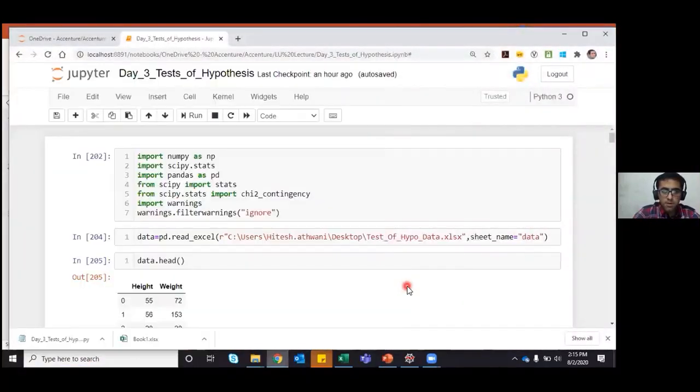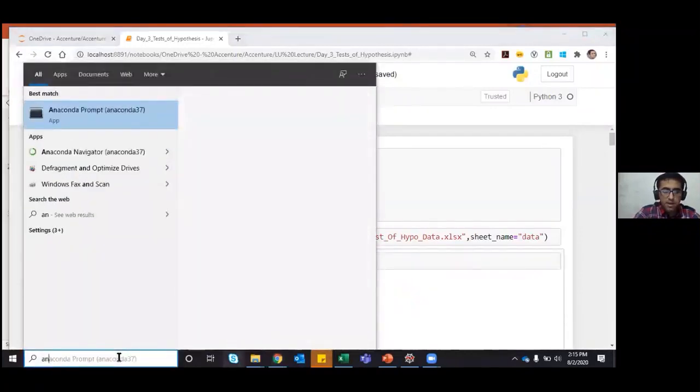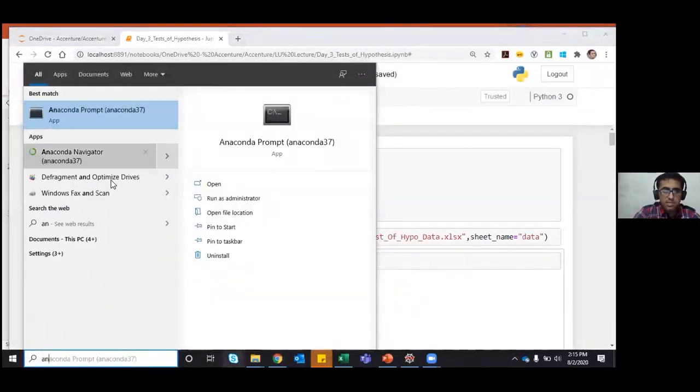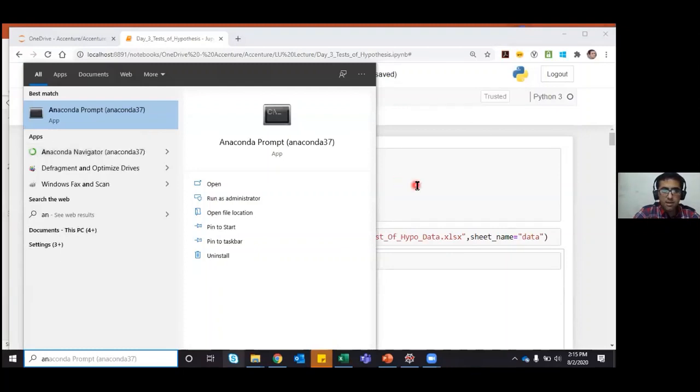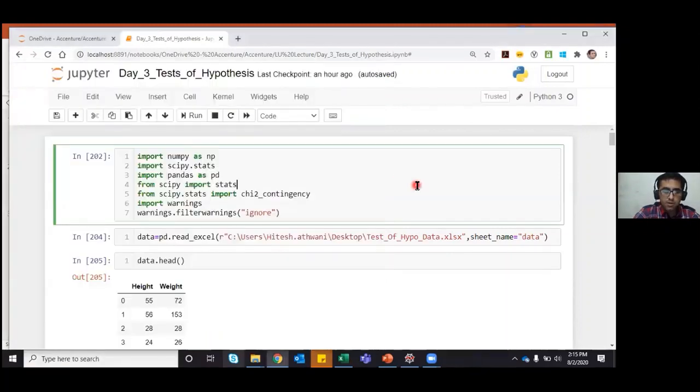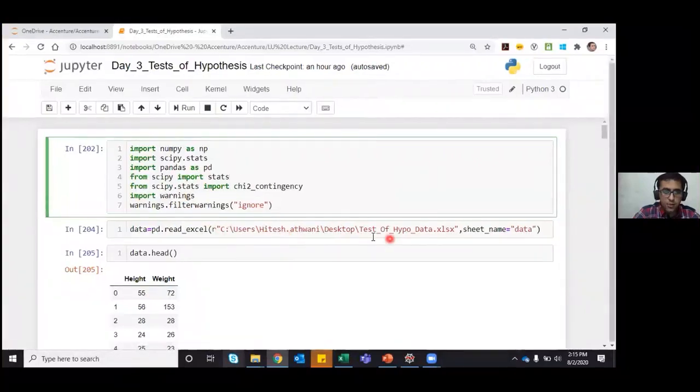I've opened Jupyter in front of me. All those who are not aware what to open, how to open, just type in Anaconda Navigator here and launch Jupyter. Or you can even open Spyder from that. Just open both the files. Open the Jupyter file, and then you can just replace the data as we had replaced yesterday. Just replace the path here, wherever you have saved.